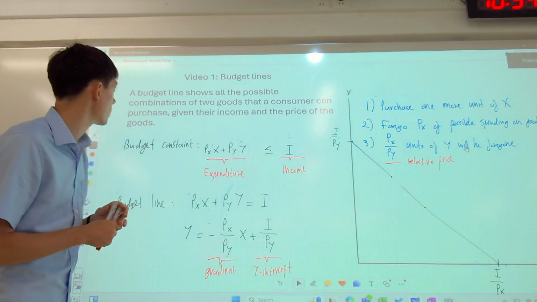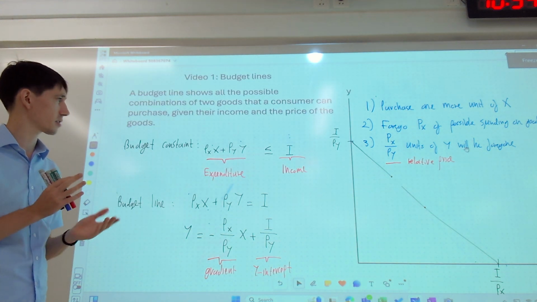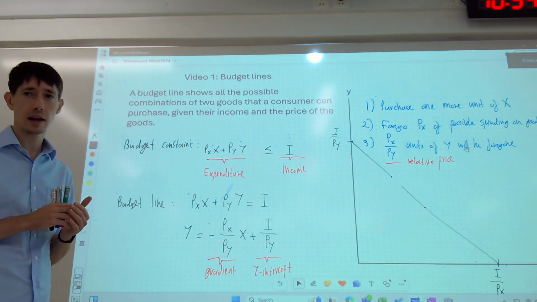Okay, so this is the fundamental idea with the budget lines and the budget constraints. If you understand the maths and how these ideas are put together, then any questions you could be